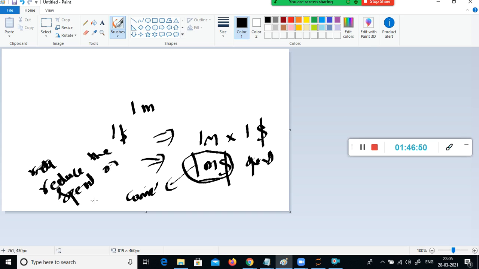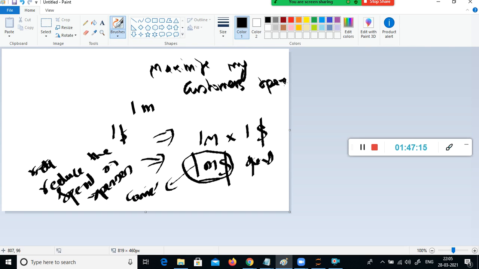I want to reduce the spend on my expenses, and at the same time I want to maximize the sales, right? I want to maximize my customer spend.